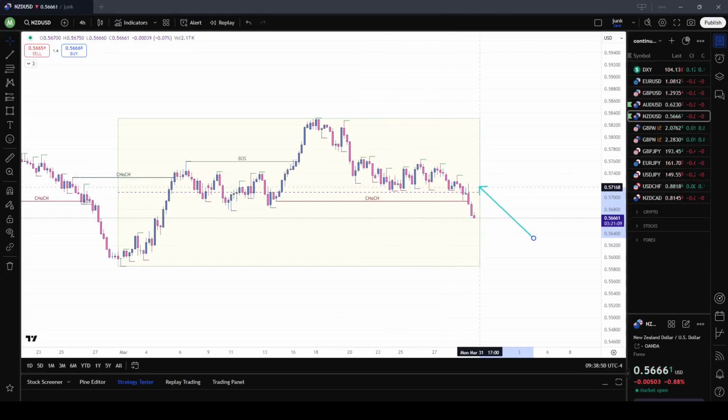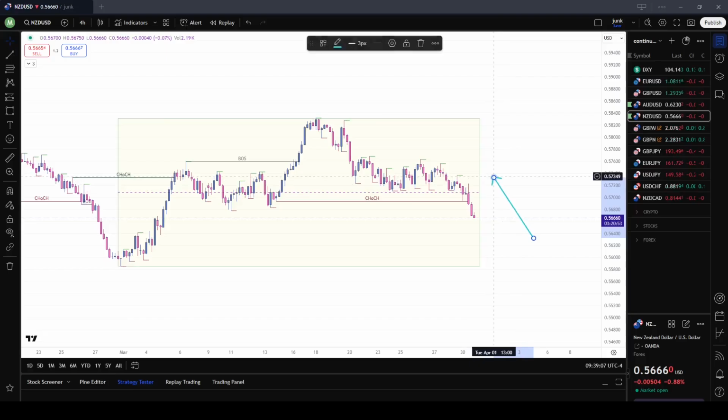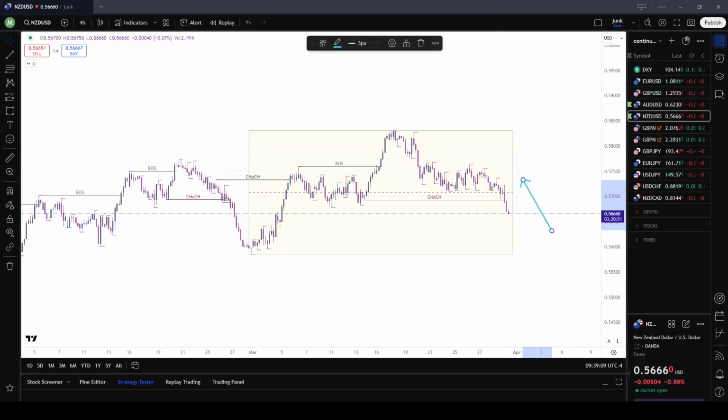They're building liquidity above these highs. See if there is a type of V-shaped recovery in order to target these highs. At that point, this will be a liquidity sweep, I'm targeting the highs of the range. But if it continues to push down, if it does target this high, then we'll see the price action around that range, because